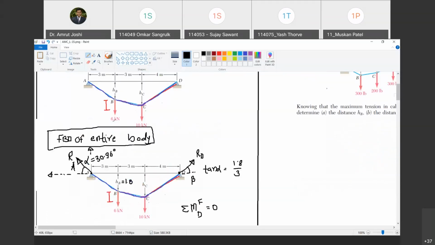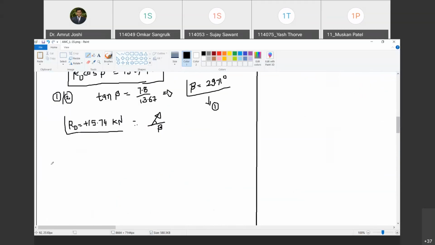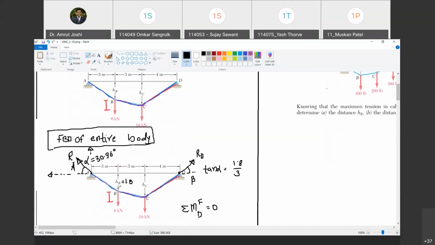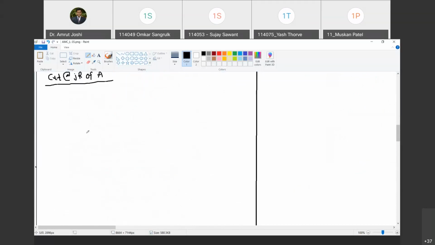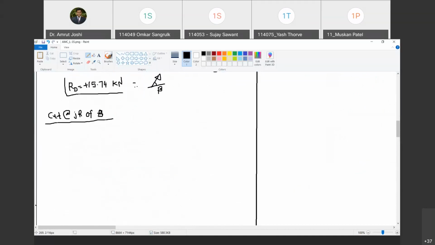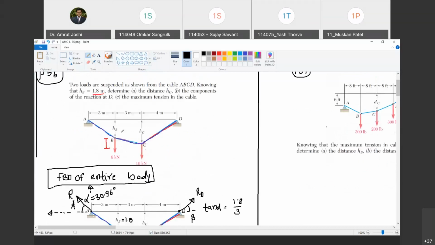So how does the free body diagram look like? Tell me. So cut is given at B. As I'm going to draw free body diagram of left hand side part, I will give the cut just right of B. Are you with me, Muskan? Yes, sir. Out of HB and HC, we know HB, therefore I have chosen point B and I am going to give a cut at B.